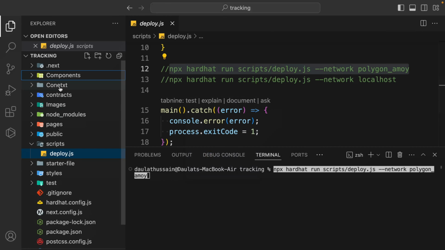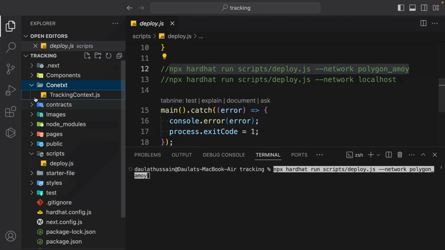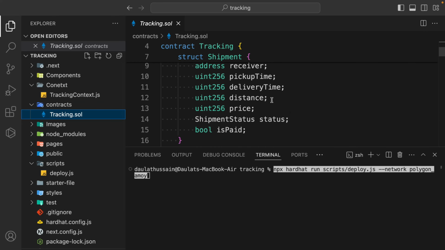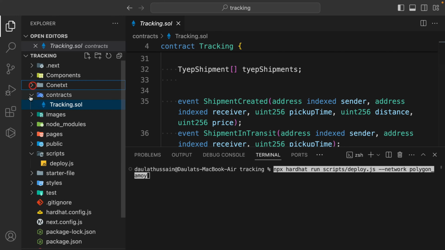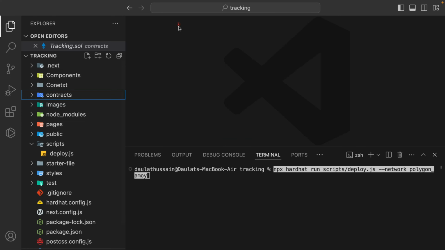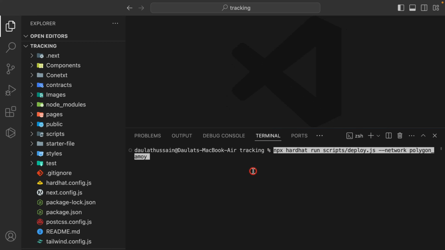Let's come back in the context. Here we have the ABI, and I'm going to delete this as well. It will work absolutely fine if you go with the old ABI, as long as you do not make any changes in the contract, you can keep it as it is. But if you make any changes, even a single symbol you remove or rename anything, you have to provide the upgraded ABI. So when we deploy the contract, it's going to generate the artifact, and there you will have the ABI. So all you have to do is simply hit enter, and this time we don't need to run